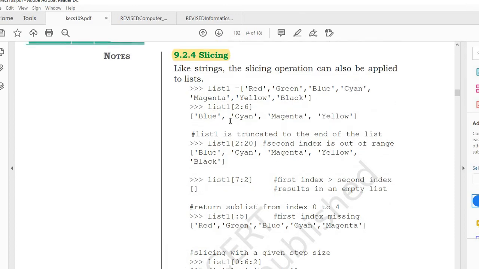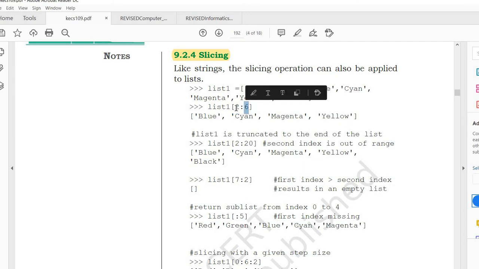So, what is slicing? Slicing means we are extracting or retrieving some part, taking some slice from a list. So just see the example, list1. This is my list1. If I want to slice a part like [2:6], this colon is the slicing operator here. 2 is the start index and 6 is the stop index.